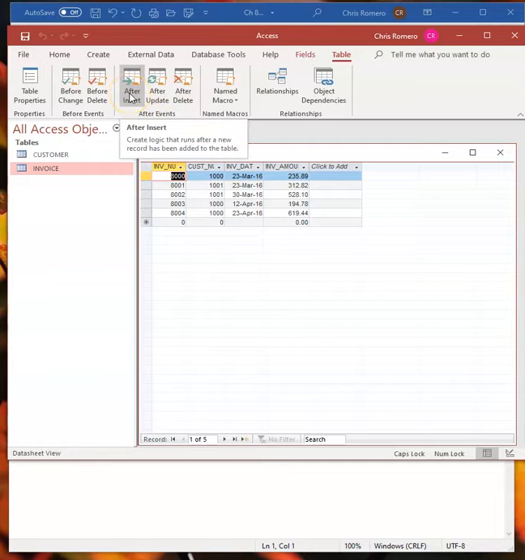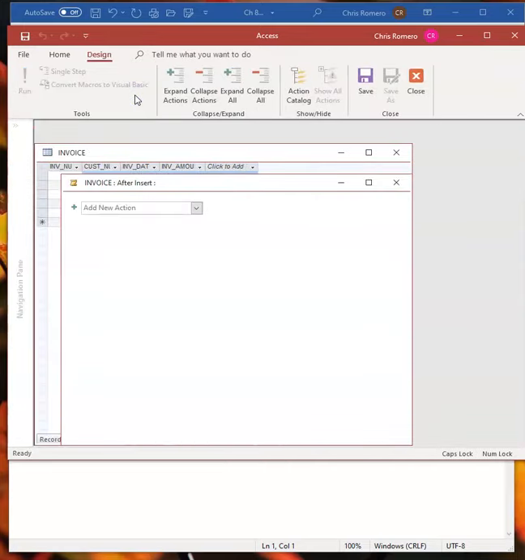So this is the trigger mechanism that we are using, much the same way that mouse on click was the trigger mechanism we used for a lot of the stuff that we did in CIS 12. We'll double click on that to open up a new after insert